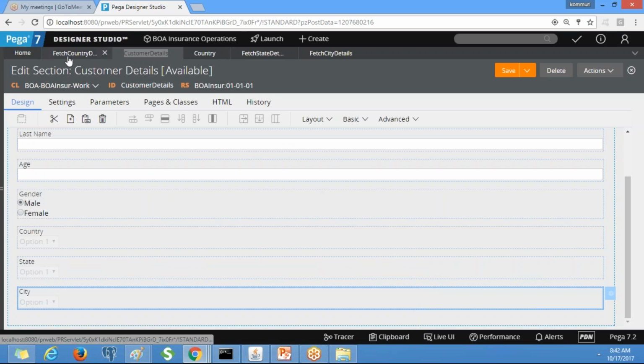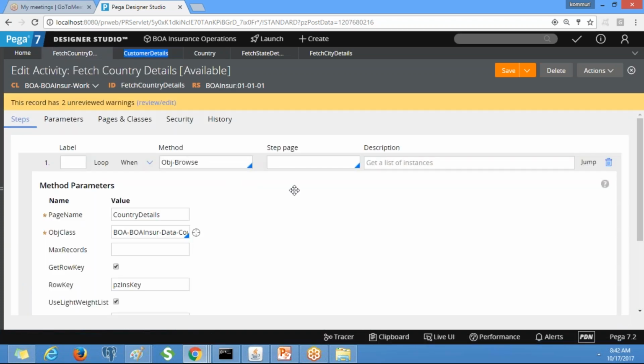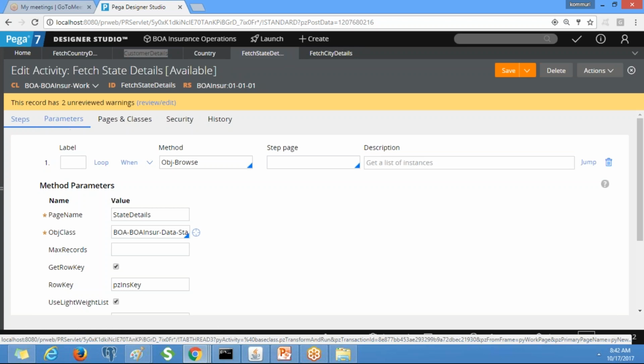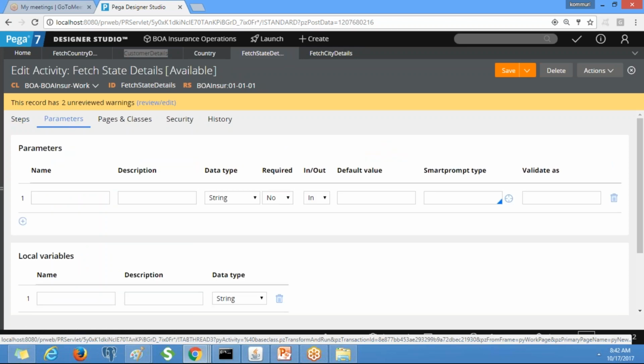Now let's go to the country details. We don't need to define any parameter in the country details. Why? We need all the details always. But we need to restrict the states, right? So now go to the state details activity. Go to the parameters tab.